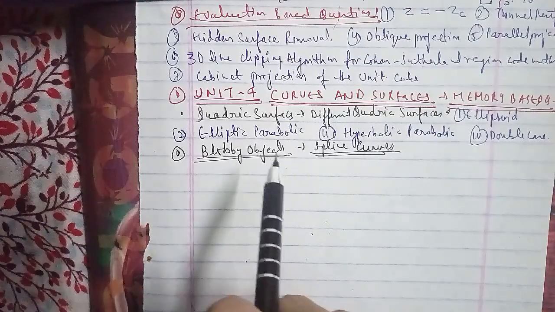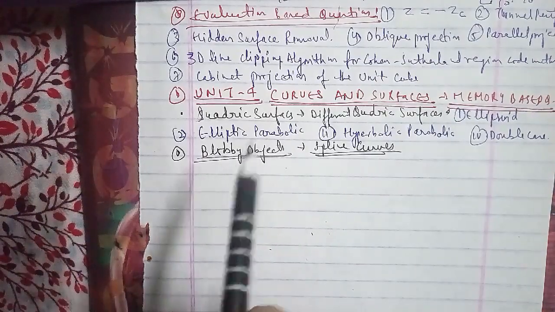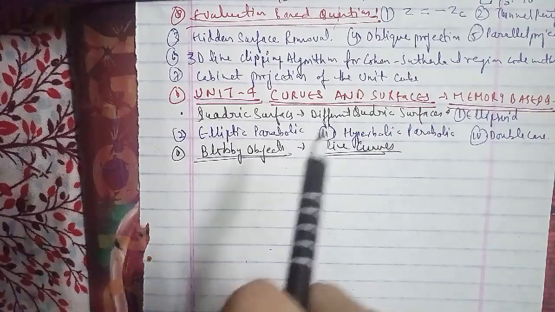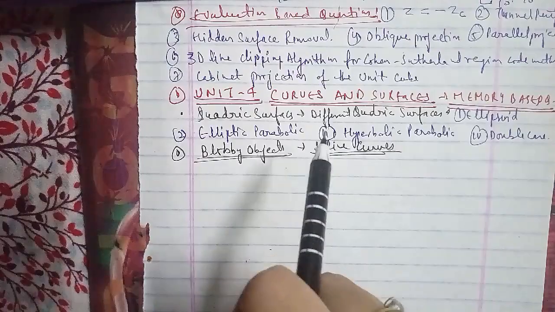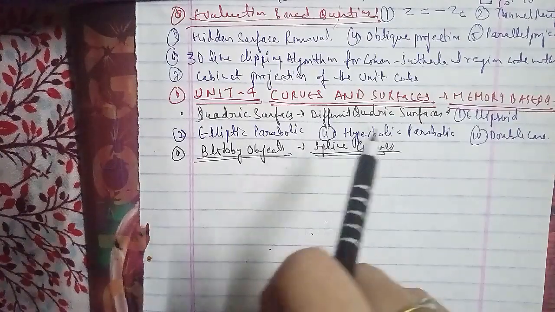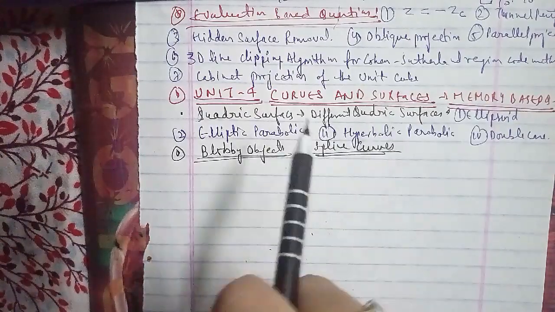The other question is: write down two properties of B-spline curves. The two properties are that the polynomial curve has degree d minus 1 and C to the power d minus 2 continuity over the range of the knots, and for n plus 1 control points, the curve is described with n plus 1 blending functions.